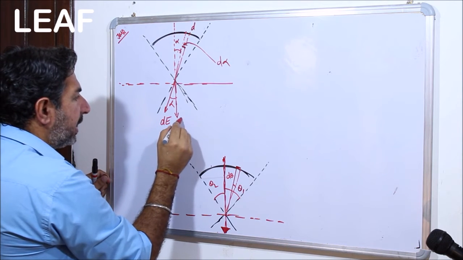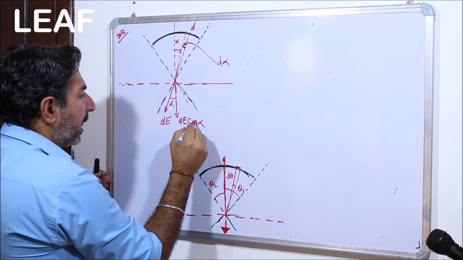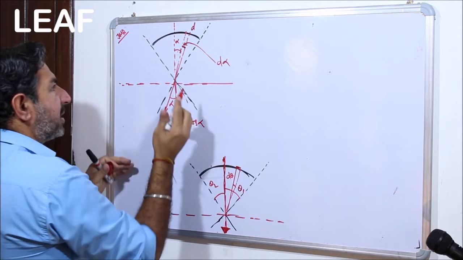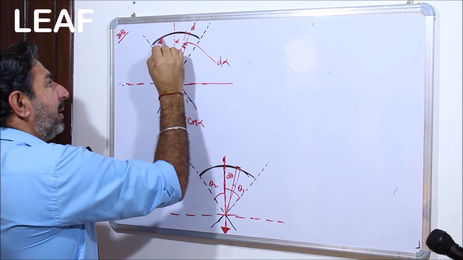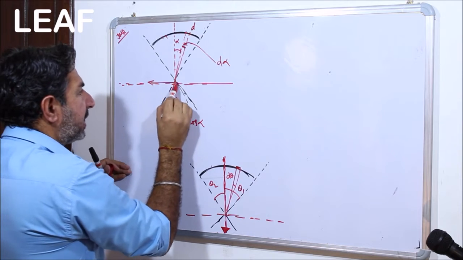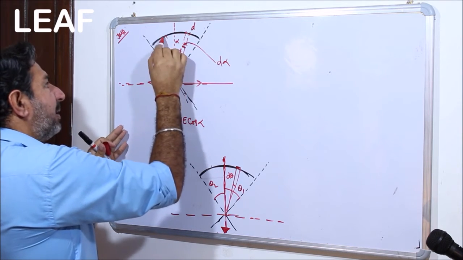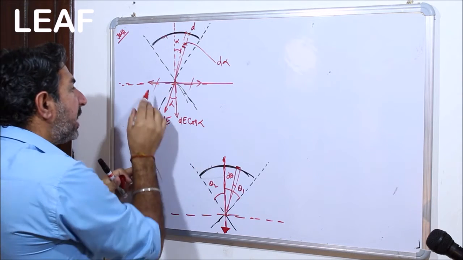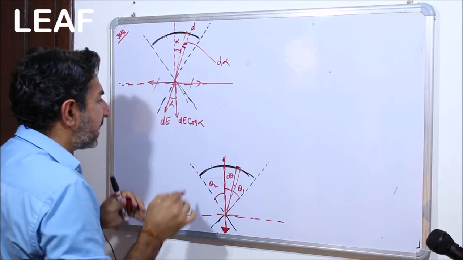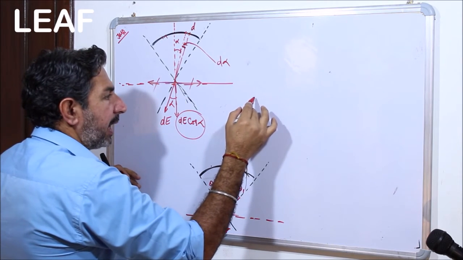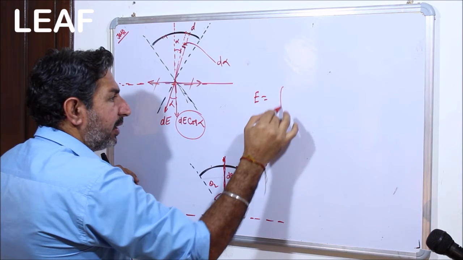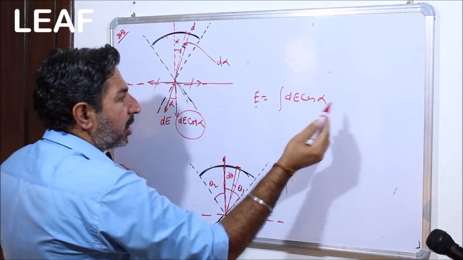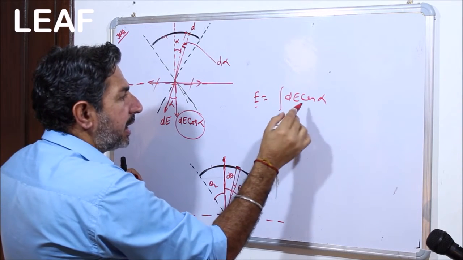Now the component will be dE cos alpha, and the other components, which are either in this direction or in this direction, are going to cancel because there is a symmetrical element over here. So this component and this component, because of this element and this element respectively, are going to cancel. So I am not going to consider these components, which are of course dE sin alpha this side, dE sin alpha this side. So I am going to integrate finally to get the value of E, that is the integral of dE cos alpha. So E is equal to integral dE cos alpha.